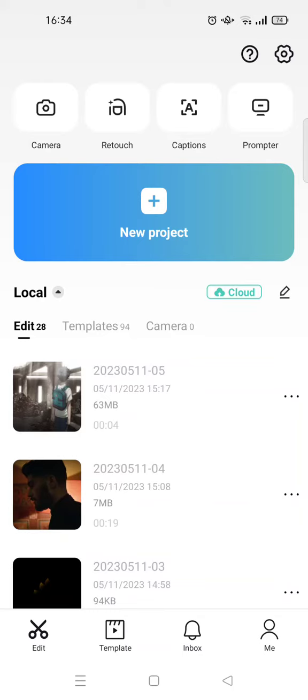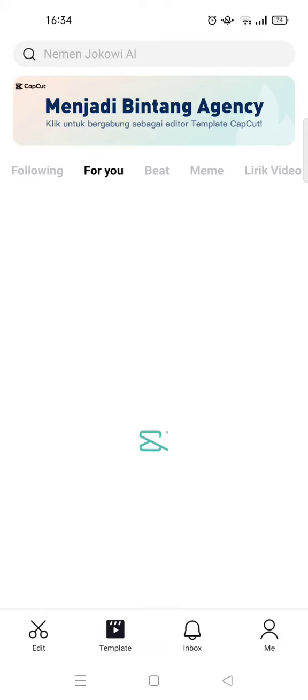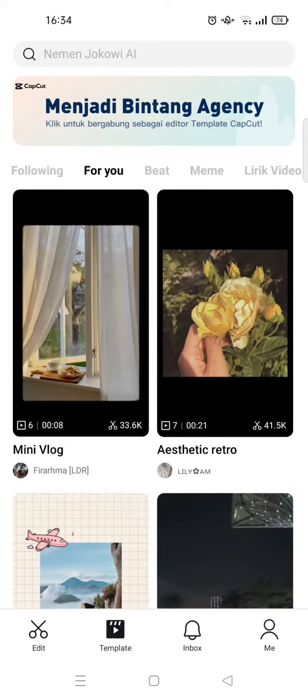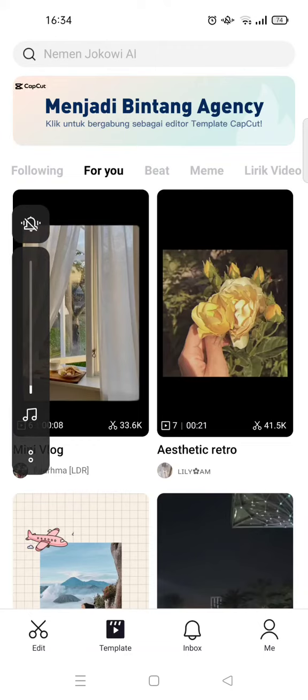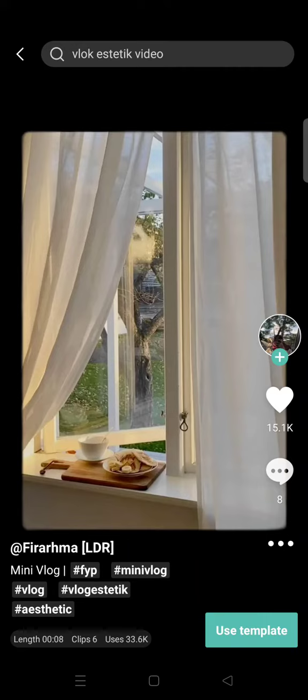So on today's video, I'm gonna show you how you can share a CapCut template link to your friends. So here, I've already opened the CapCut app and then I'm going to just go straight to the template tab. Okay, so let's say I want to share this CapCut template link to my friends so they can use it,